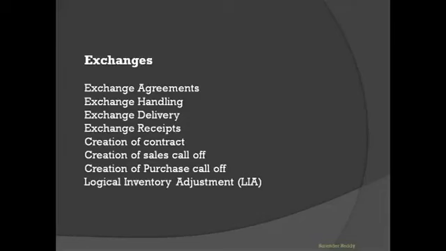Throughput means, as I told you in the first example, we have a customer in Mumbai. Instead of making an agreement with a trading company, we'll maintain a storage location or warehouse in Mumbai. A third party storage location. That is the throughput scenario. These 3 scenarios we will discuss in the exchanges.